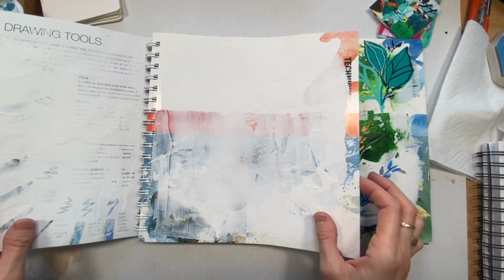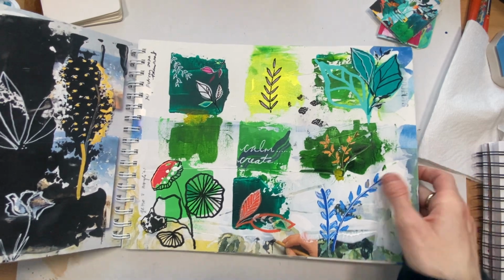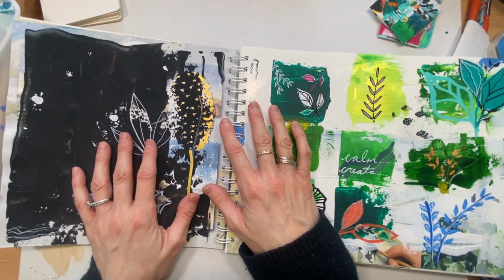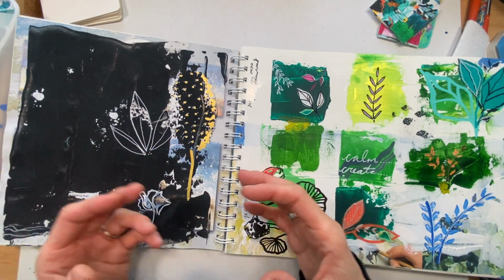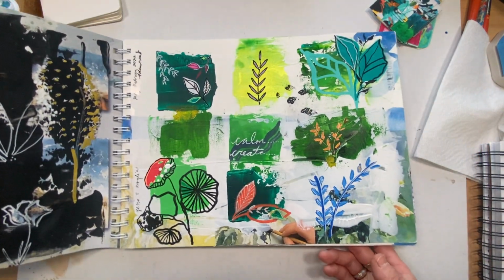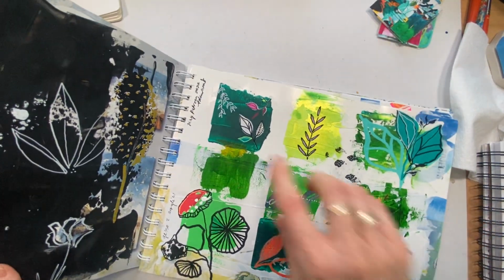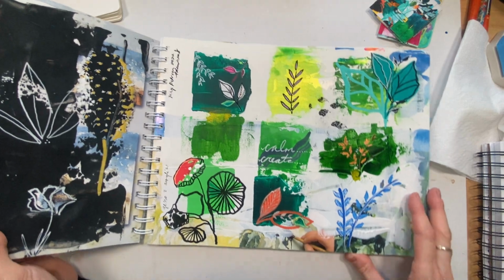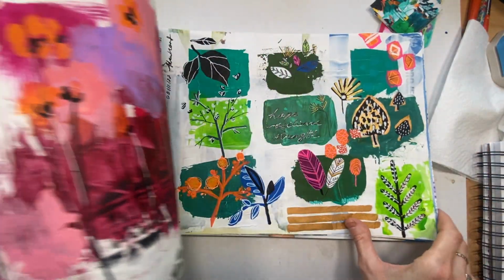And when I was teaching on Patreon, I had done little demos in the book about getting gesso down on the page. So this is black gesso. Gesso provides tooth to, say, a book that doesn't have a great paper weight. So this was May Patreon 2022. So really all this was taking this page from the book,